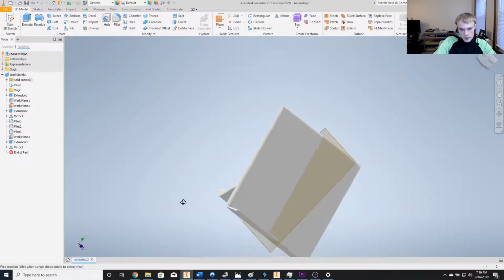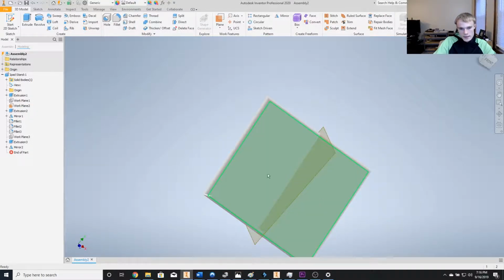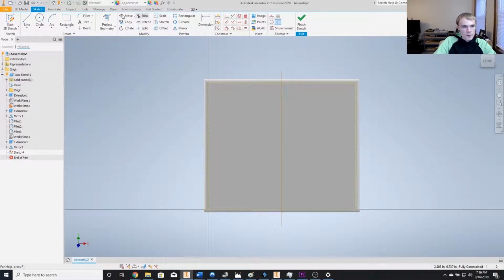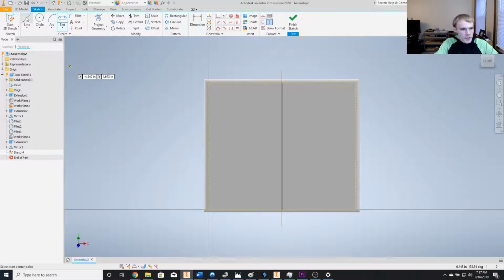So what I'm going to do is we're going to make some kind of a slot right in the middle here, just to save on plastic, maybe give it a little bit more design. So we're going to go right here, create a sketch on the front face. And up here in the tools, I'm thinking that we're going to need to create some preliminary measurements for this. So I'm just going to go this,